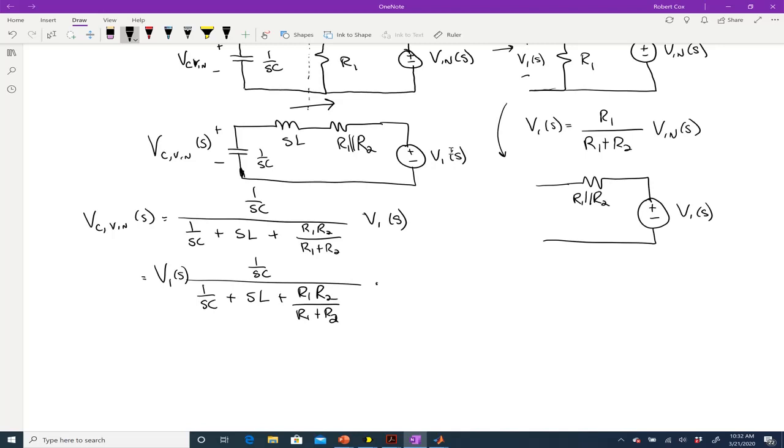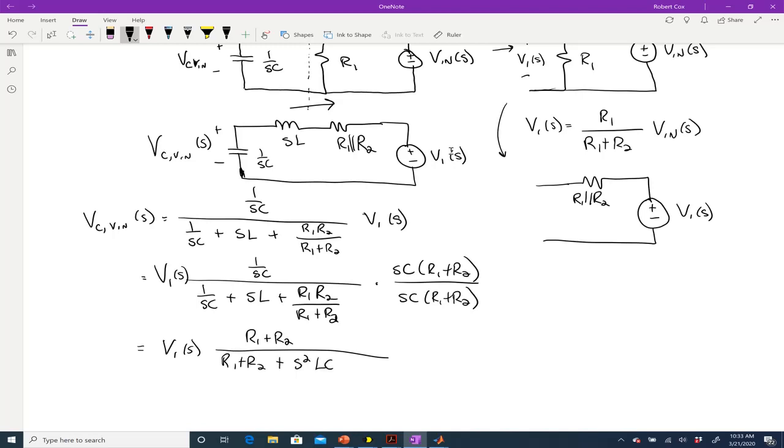And then multiply this by SC times R1 plus R2. When I make that multiplication, SC times 1 over SC becomes 1. So on top, I get R1 plus R2. On the bottom, I get R1 plus R2 plus S squared LC times R1 plus R2,